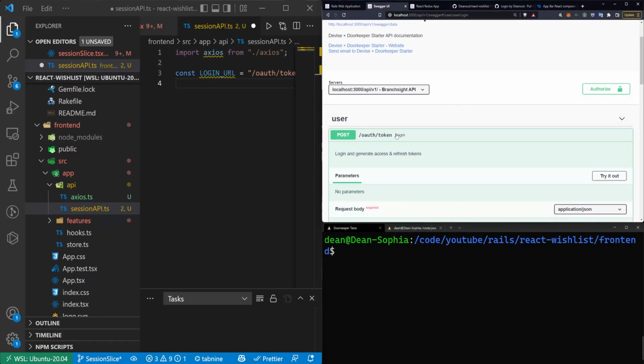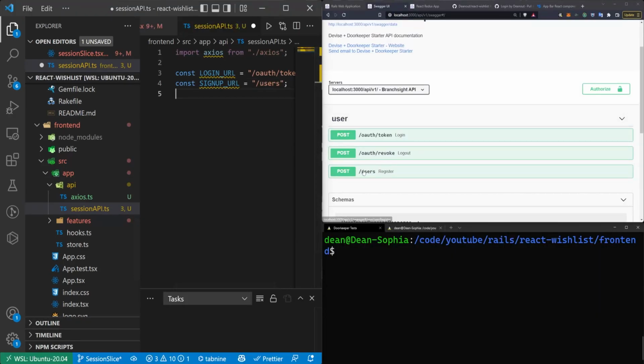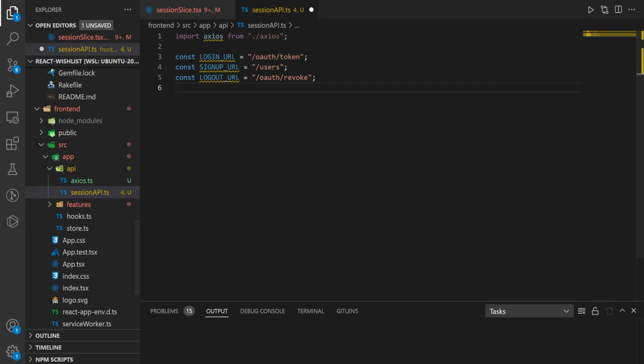/auth/token is to log in. We then have one to sign up, which matches the user's path right here to register. We then have one to log out, which is the revoke path. And it doesn't say it here because I didn't update the documentation yet, but we're also going to have one